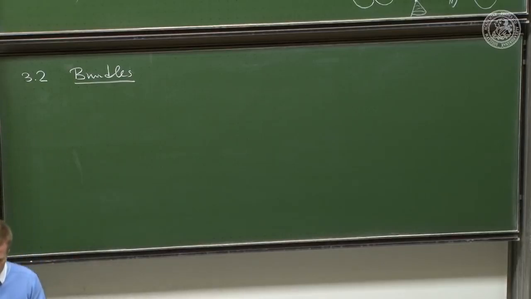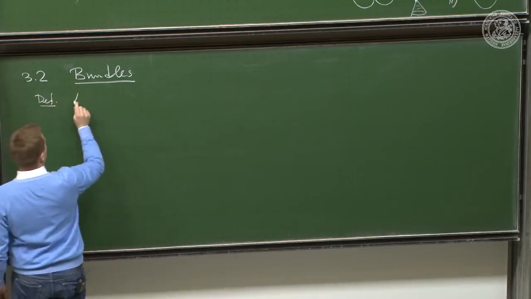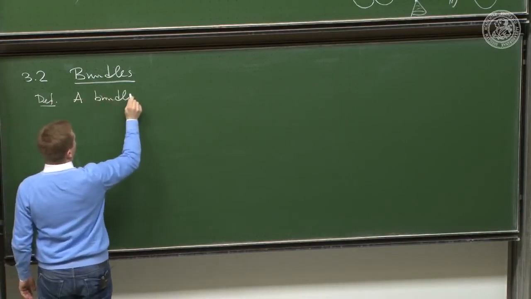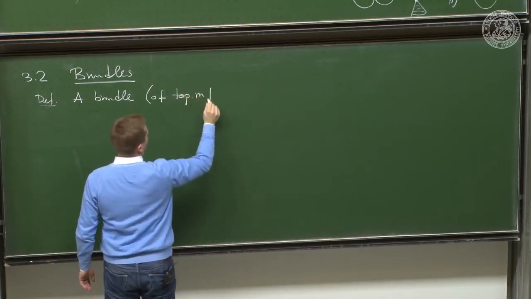Again and again in these lectures, we will have opportunity to speak of bundles, and every time we add new structure to the manifold, we have to revisit the bundles and see what happens to the structure from the point of view of bundles. But the basic ideas, the whole idea actually, is already clear at the topological level. So definition, a bundle of topological manifolds